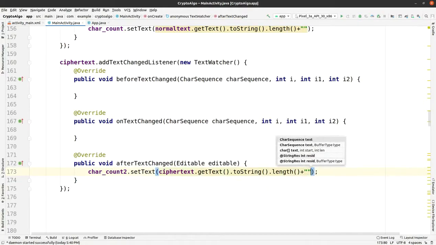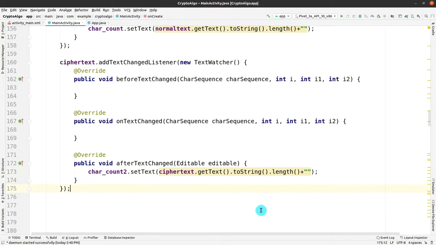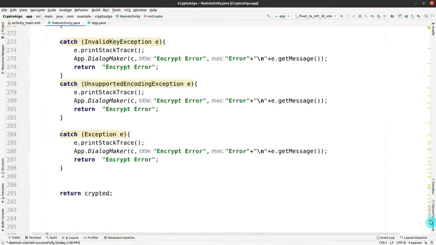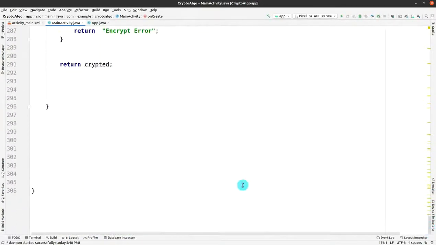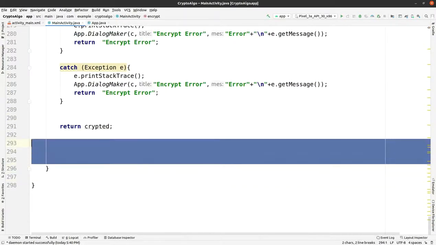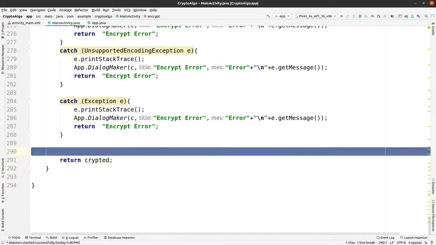I will scroll up and remove the extra space that is present in our code. I will remove it, and as you can see, there are no errors right now. Our program is error free, our class is error free. Afterwards I will be scrolling it from top to bottom.